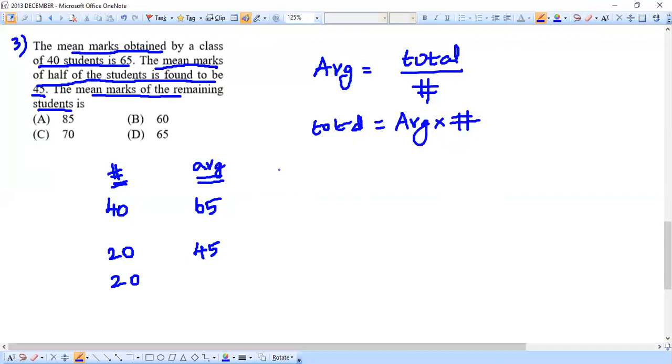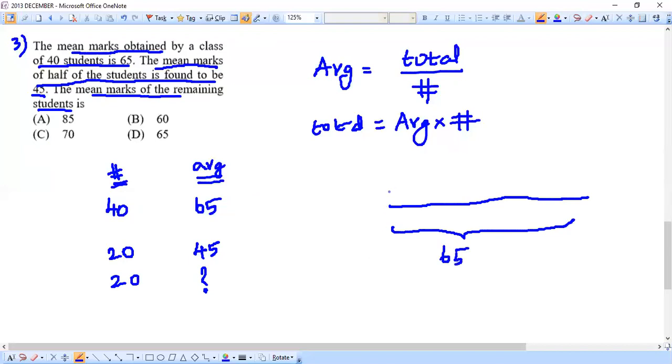Very simple. Let's try to answer. So this average is what we need. Let's try to solve this. I can even represent it with a picture so that you can understand this well. There is a class. In the class, there are 40 people. For all the 40 people, the average is 65. This is what is given. And exactly half of them, in the sense 20 of them, the average is 45. Then the question is very simple: what would be the average for the other half? This is our question.